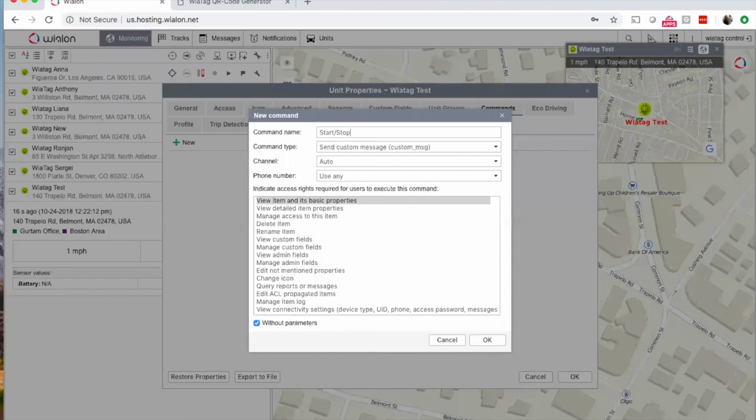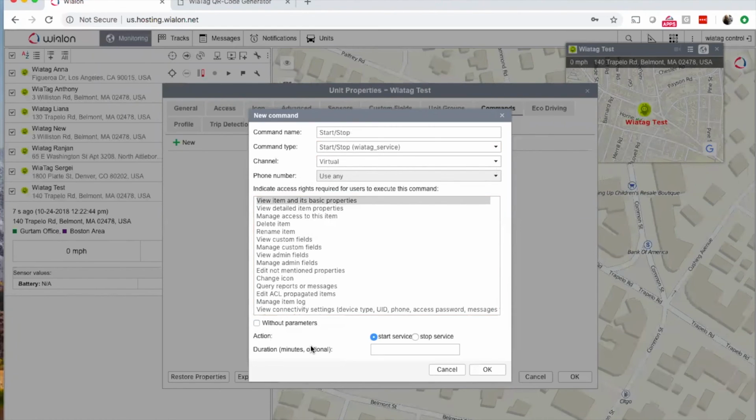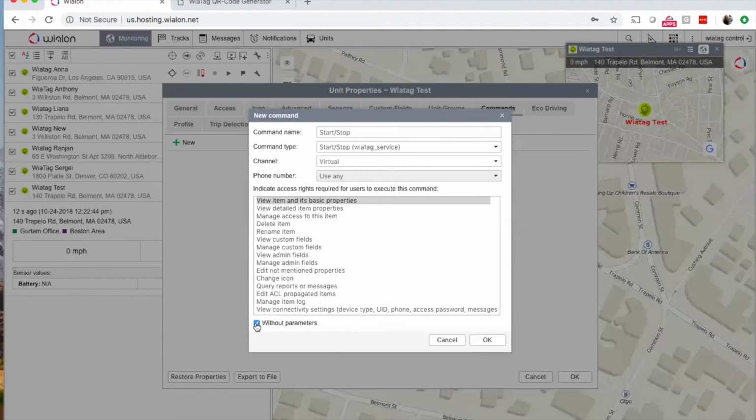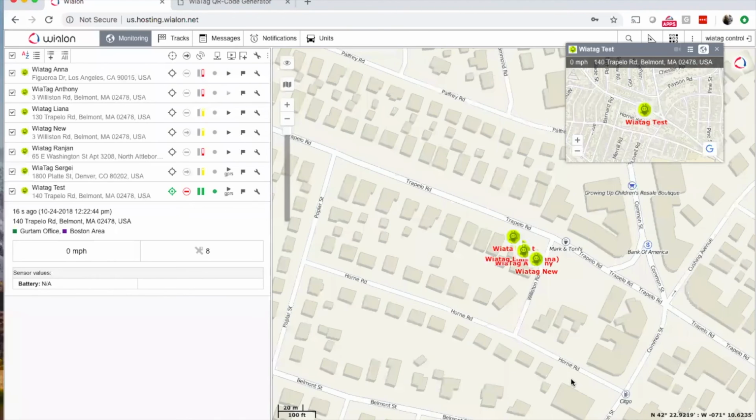So start tracking, stop tracking. The type of the command is called the same, start, stop. And then the channel that should be used is virtual. That means even if the tracker is offline for some reason, whenever it's online, the command will reach it and it will be executed successfully. Now, there are additional parameters here, like start service, stop service, but you don't have to use them now. If you leave it as it is, without making any other changes and click OK and save it, then